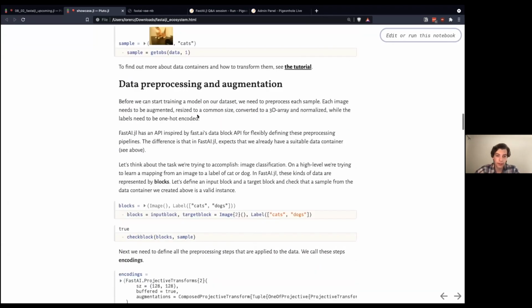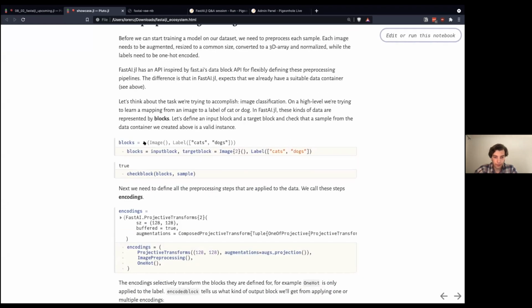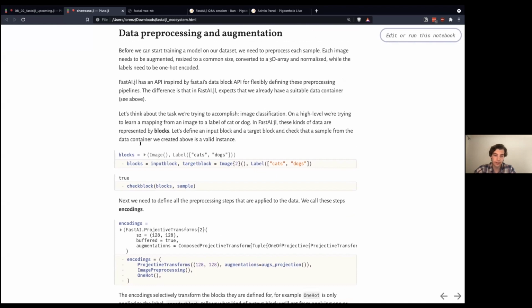Then the next step is the whole pre-processing and augmentation pipeline. And this can actually be pretty involved to set up from scratch and to have it be composable. In FastAI.jl, we try to make it simple and have something similar to the data block API of FastAI, with the core difference that it already assumes that you have a data container like a lazy data set defined.